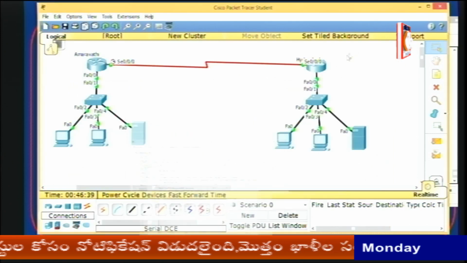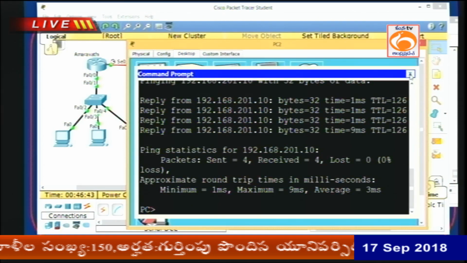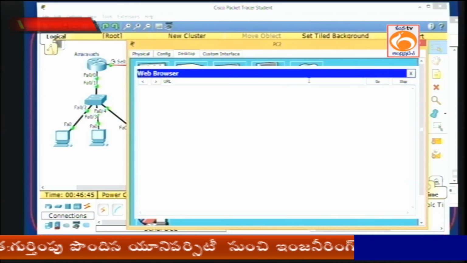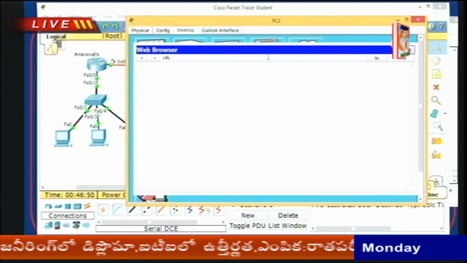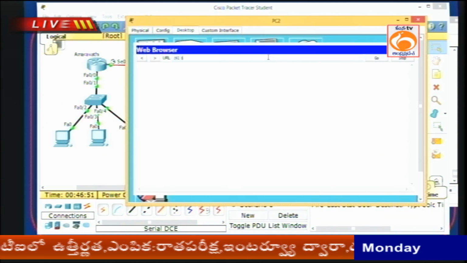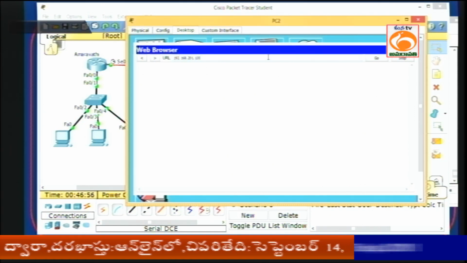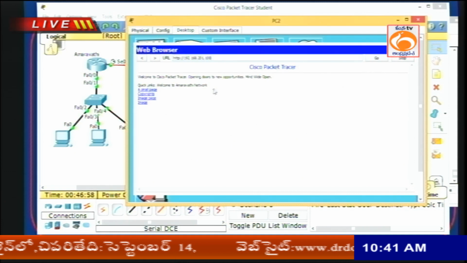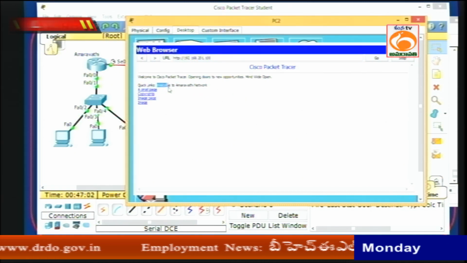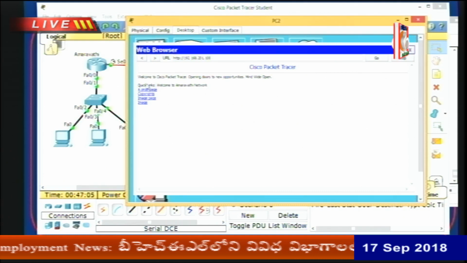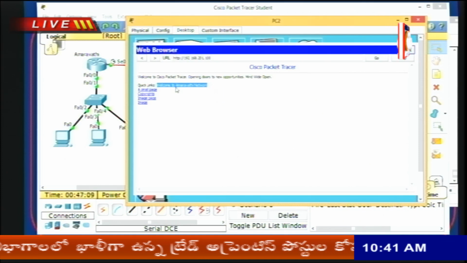and then we go to the PC in the Hyderabad network, close this window, go to the web server, web page. Here we are going to type the IP address of the web server in Amravati network, 192.168.201.100, and then you can see that there is a message, welcome to Amravati network. So you can see there was a message arrived from Hyderabad requesting the web page of